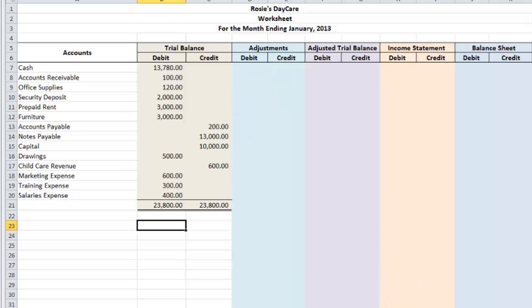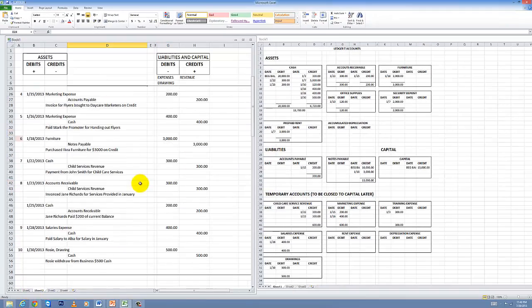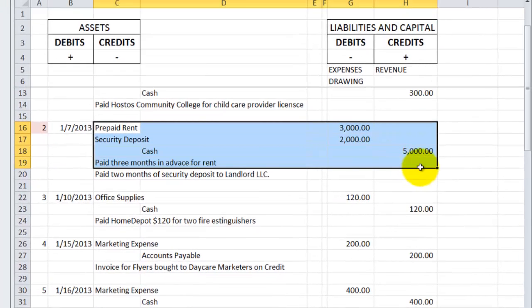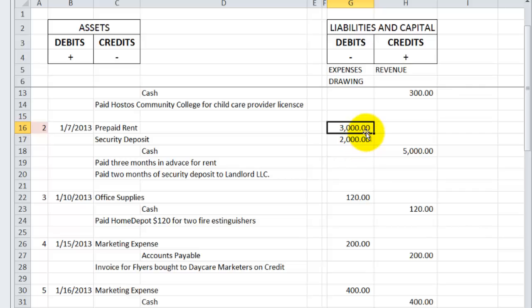Next thing we're going to do is the adjustments, and for this example we only have two adjustments. The first adjustment is that for prepaid rent we have $3,000. That's including the month of July. Because it includes the month of July, we have to account for the rent expense that we had for that month. In order to properly notate one of these three months past, which is January, we have to create an entry that says we are crediting $1,000 from prepaid rent. That's going to create a negative side for assets. And we are going to debit rent expense,